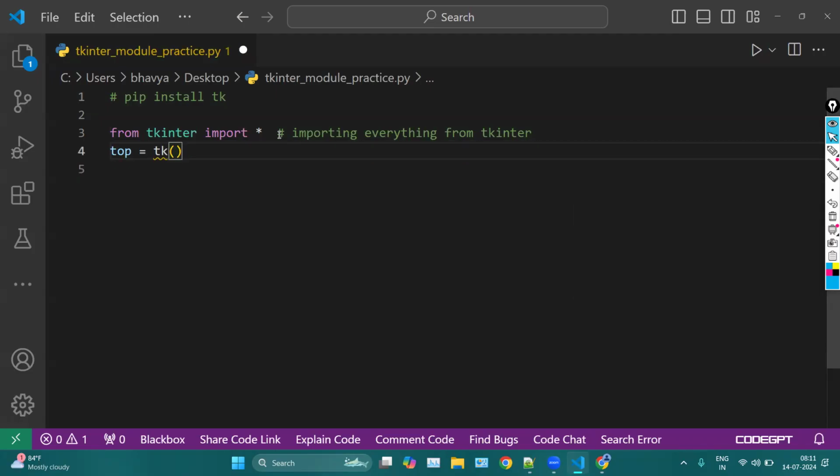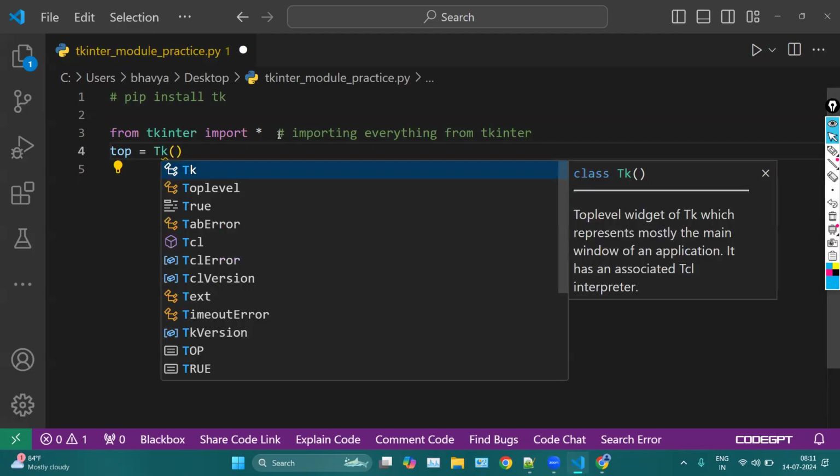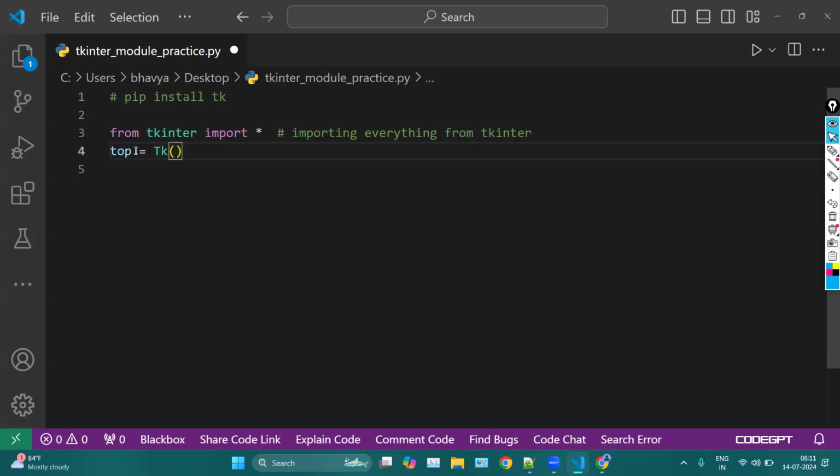So this is my main window. Okay, this is Tk. Now you can think of this top as a kind of reference variable. Tk is a class here. In Tkinter, we have a class Tk inside, and we are putting this Tk class inside top. So Tk is a class. This particular line will help us to create a window, which is creating the application